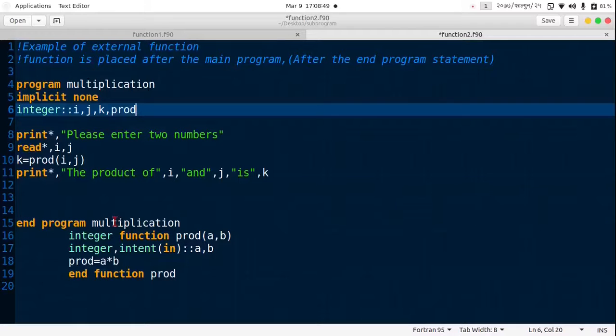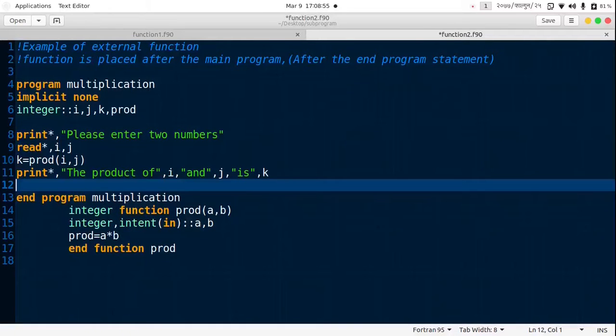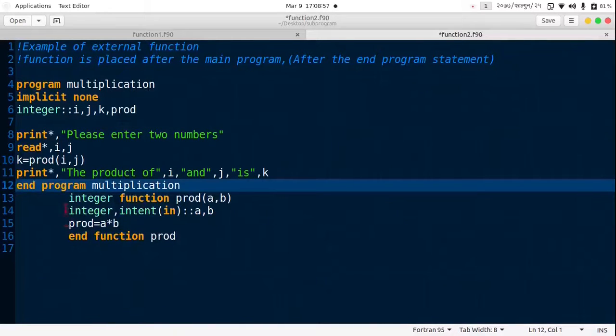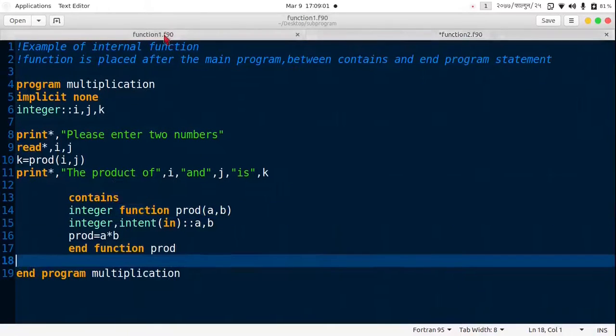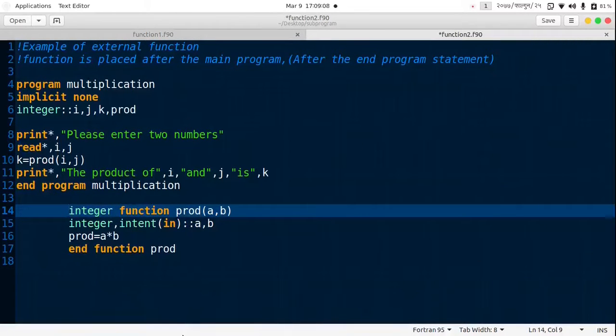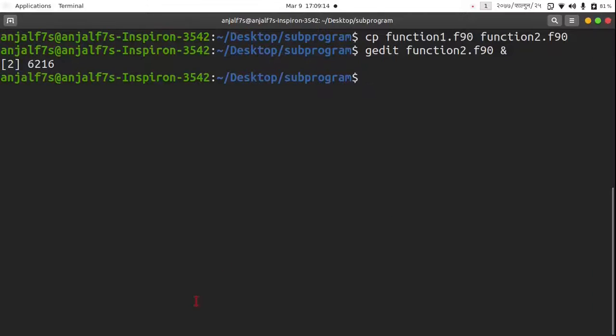Then everything is similar. This is our function. Everything is similar, only the function is placed after the end program statement. So we save this and we go to the terminal, the Fortran